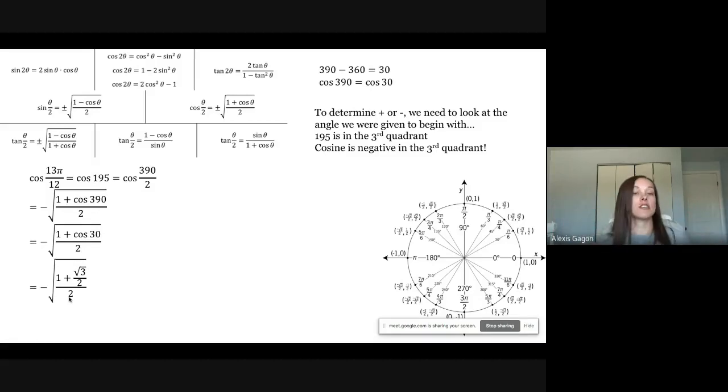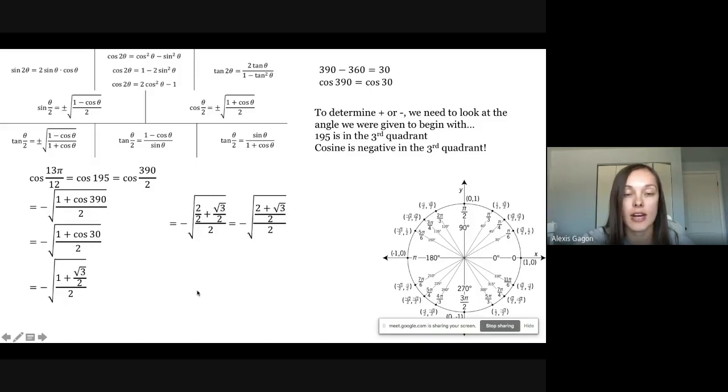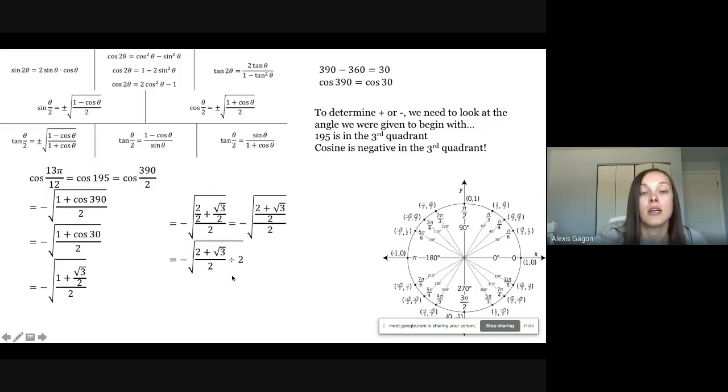We can't have fractions inside of fractions. So that's the same as 2 over 2 plus square root of 3 over 2, over 2. We can get this top to be one fraction. So that's going to be 2 plus the square root of 3 over 2, and then that's all divided by 2. Since we have this double fraction going on, let's just change it to division. So that's going to be 2 plus the square root of 3 over 2 divided by 2, which is the